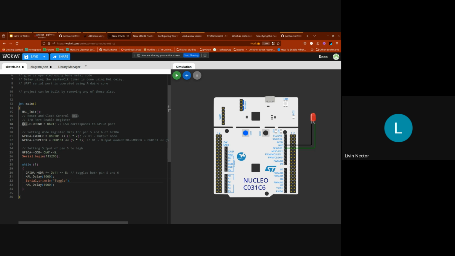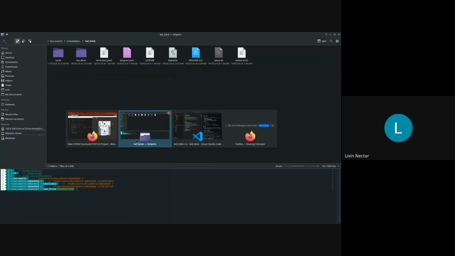And you can also see I have directly accessed the registers here, the GPIOA. I'm setting the mode through some bit manipulation, the speed through bit manipulation, and I'm writing to the pin using bit manipulation. And I'm toggling the pins 5 and 6 using bit manipulation. So here the pins are 5 and 6, you see it's 13, right? Why is it 5 and 6 here? Because of the